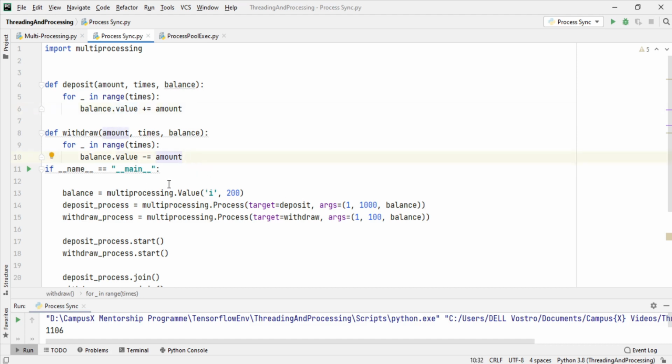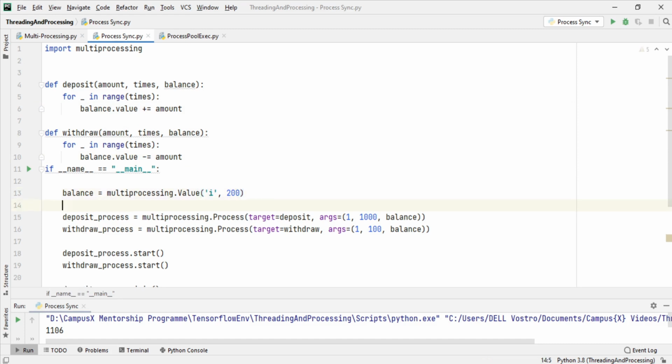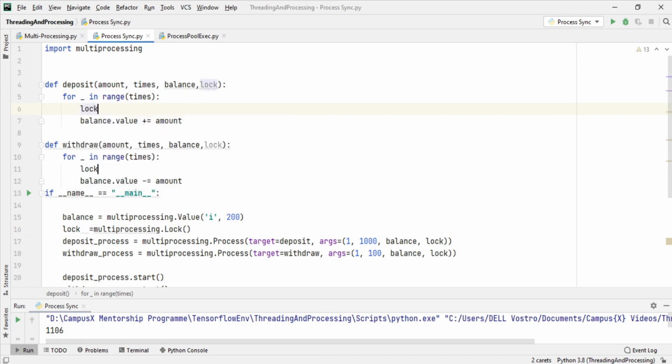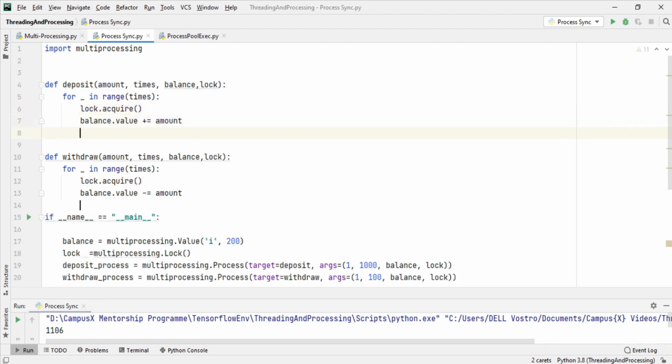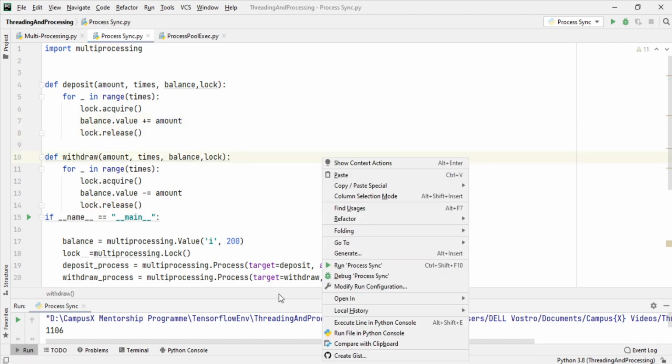So what we need is something called a lock, right? So let's create a lock variable, multiprocessing.Lock, lock, and we pass these locks as arguments, and of course we have to receive them. First of all we have to acquire the locks and then after that we need to release the locks. Now it should print out our desired result,